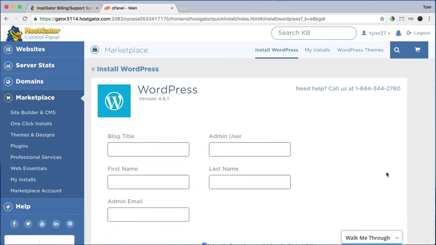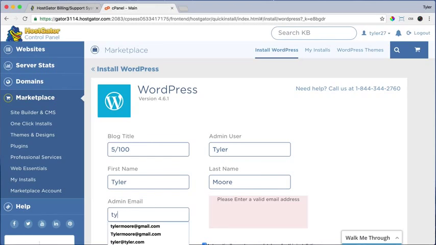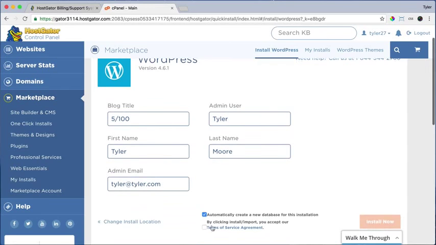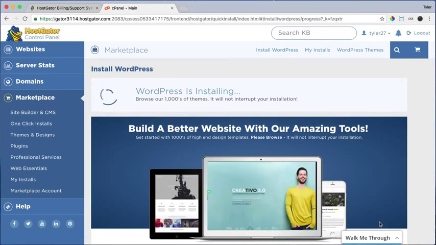All right, then just click next and fill in all of this information, and we can change this later. We can change this blog title later. I'm just going to put 5 of 100. Put your business name. Put your admin user. I just like to put my name because I can remember it, and type in your first name, last name, and email address. So there's my email address. Then scroll down, and there's a little checkbox. You have to agree to the terms of service and click install now. Now we can see that it is installing,